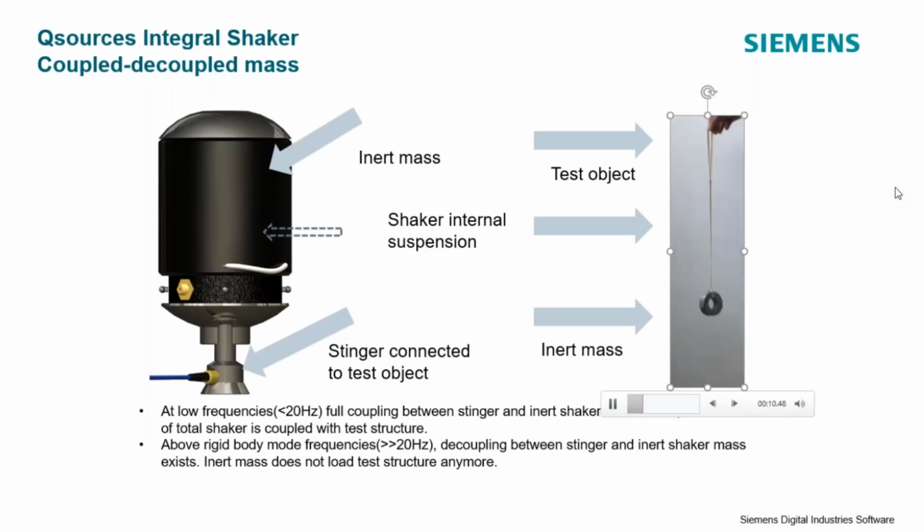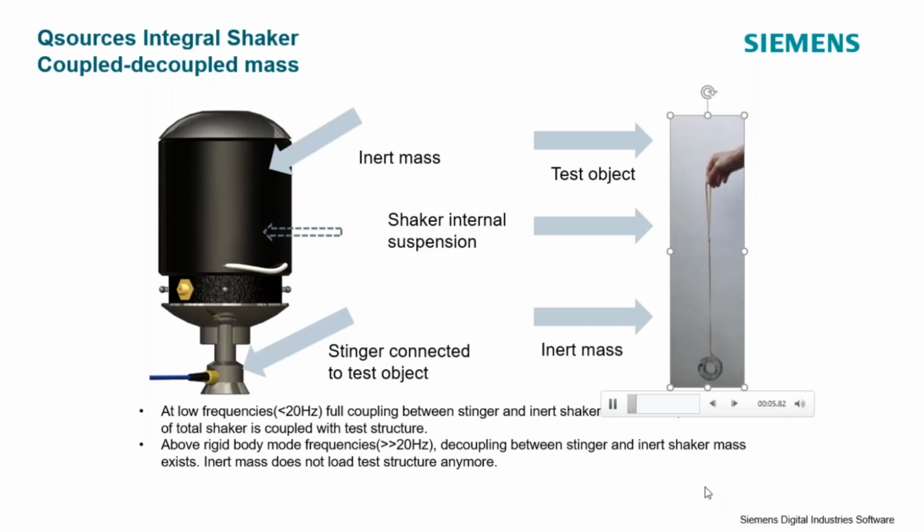I'll show you the principle. Obviously, this isn't the real shaker, but you're seeing how the mass and the person's hand are connected with sort of a rubber band in this case. So above a certain frequency, the person's hand and the mass are totally decoupled. At low frequency, when he first starts out here, you see as the person's hand moves, so does the mass. And so you could say they're very directly coupled.